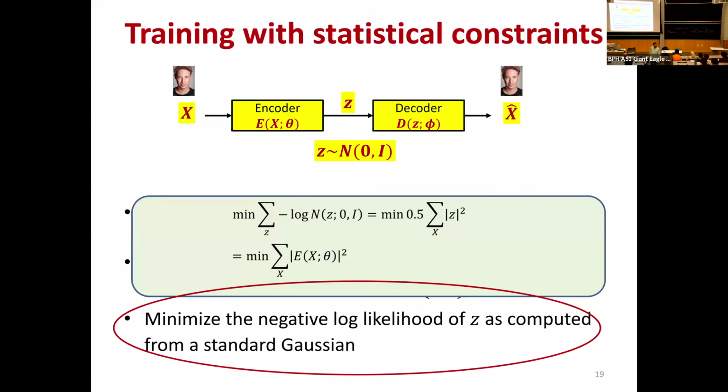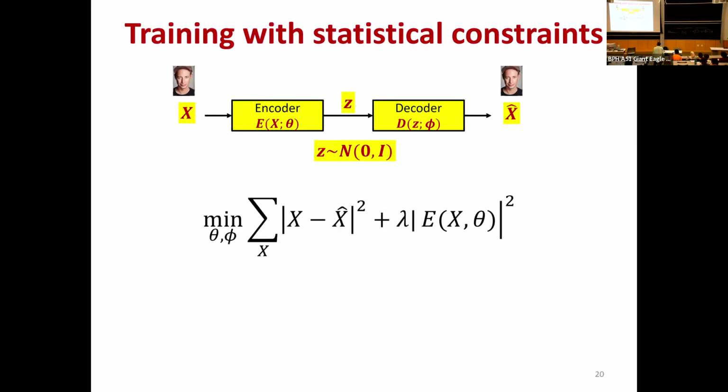And so the overall loss that I would have is something of this kind. I want to minimize the error between what the decoder reconstructs and what it started off with, while also minimizing the squared norm of z. And this lambda is basically a balancing factor which determines how you balance these two components of the loss. Now, would this work? Do you guys think this would work? Anyone?